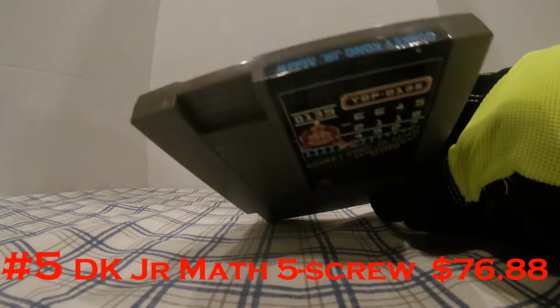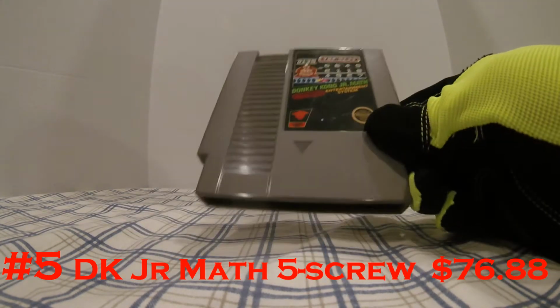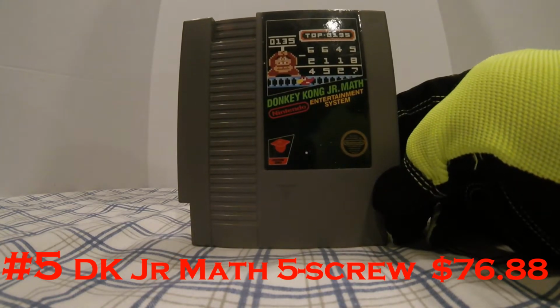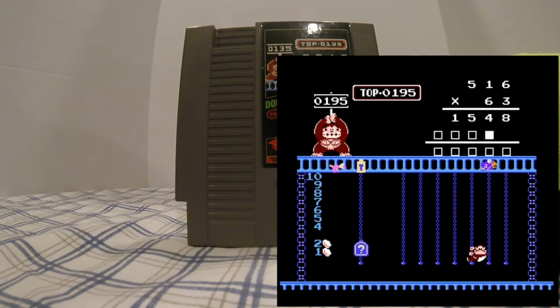Alright, so coming in at number 5, this is a game I kind of wanted as a kid, but believe it or not, they didn't sell this. This was only available on the West Coast back in the early 90s, probably late 80s. They did not sell it on the East Coast. I remember calling Nintendo and asking them about it, and that's what they said. It was only for sale on the West Coast. But that is Donkey Kong Jr. Math. This is the 5-screw version. It's only about a $5 difference between the 5-screw and the 3-screw version of this game. But anyway, this one's coming in at $76.88, which is not that great for this game, because I think this